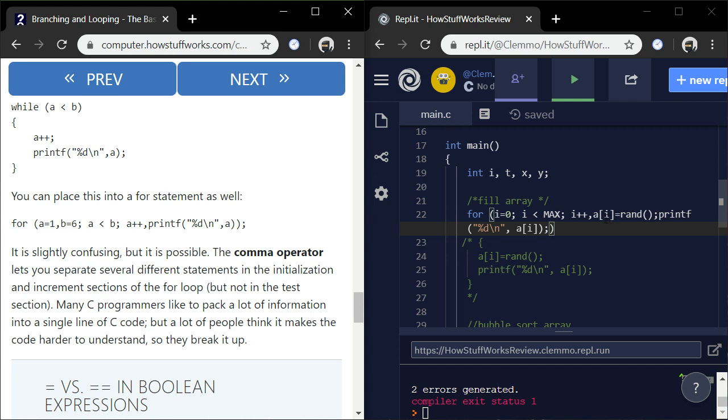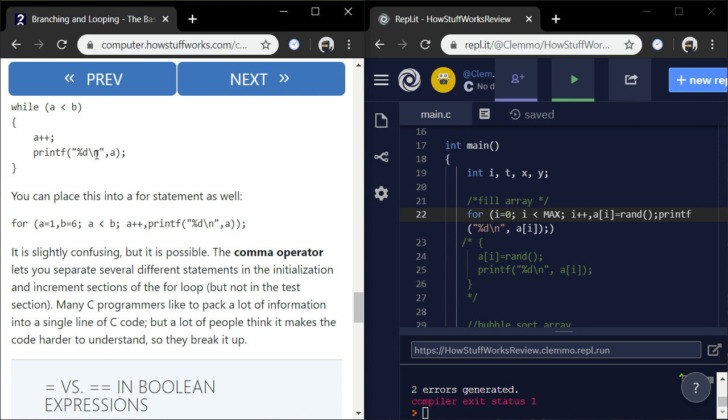Therefore, no, that's comma. I mean, that's the incrementing value. So you expect that in the loop condition, in the looping part anyway.